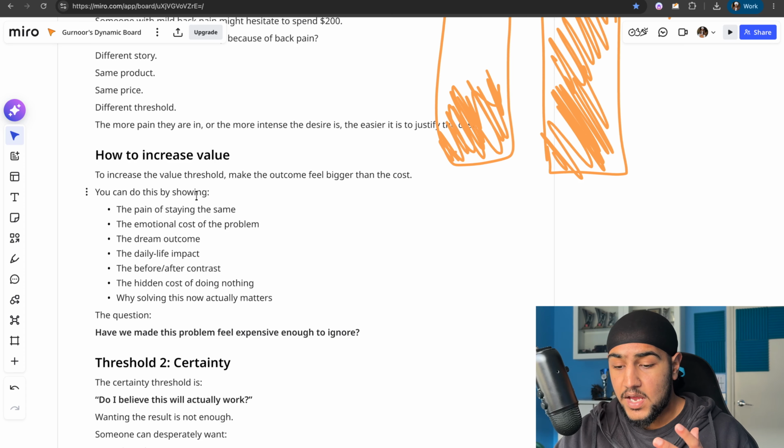Because sometimes you can't just rely on people to be in a very painful situation to actually sell them. Sometimes you have to actually show them the pain, make them feel the pain. And honestly, some people might think this is a little bit unethical, like actually making people feel pain. But I think if you can genuinely change someone's life, if you can genuinely help someone achieve a dream outcome they have, and you can make them realize the pain of staying where they currently are, that is the best thing you can do for them, because you're going to actually end up helping them in the long term anyway.